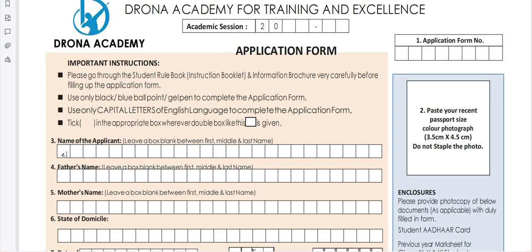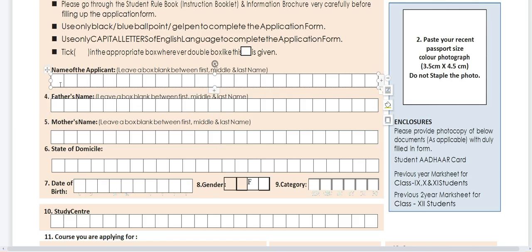according to the point which is given above the block, we have to write accordingly. Now let's say in the third column, it is given that we have to write the name of the applicant. Let's say your name is Bhim. Okay, so it's Chota Bhim. So you have to write CHOTA, and just leave a blank between your name and surname. Let's say his name is Chota and his surname is Bhim. So that will be